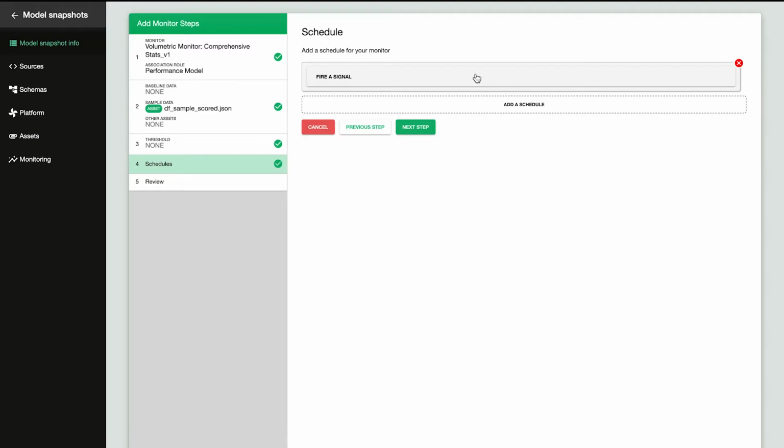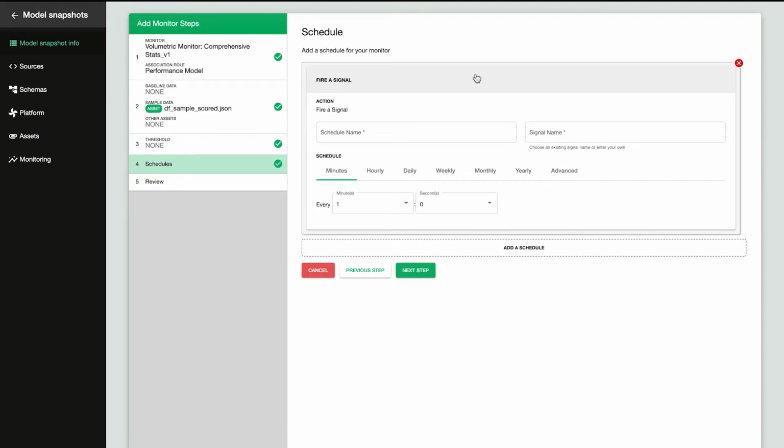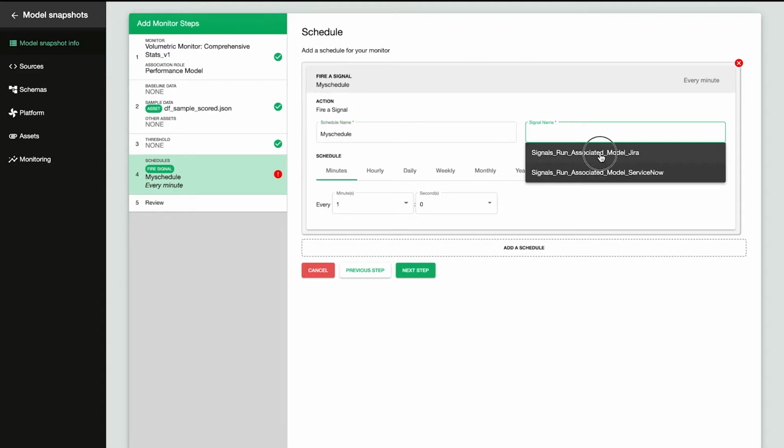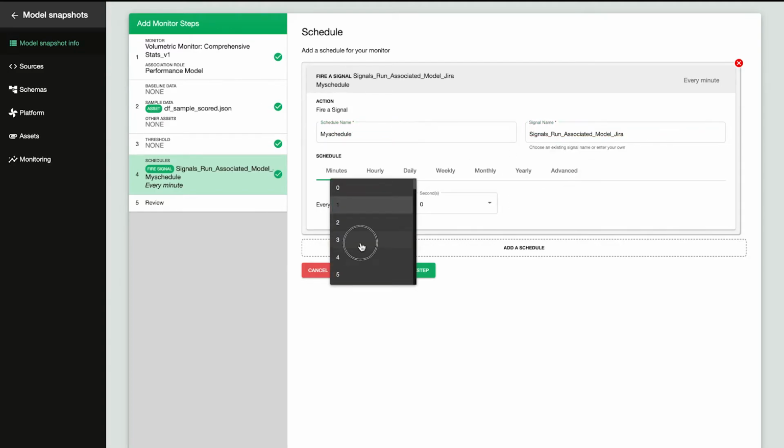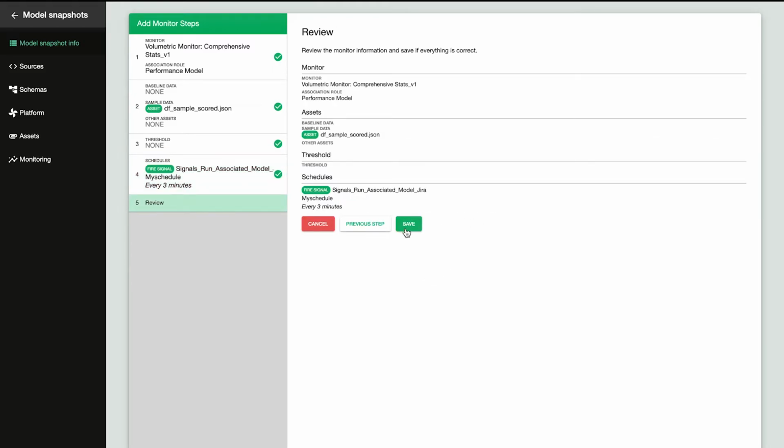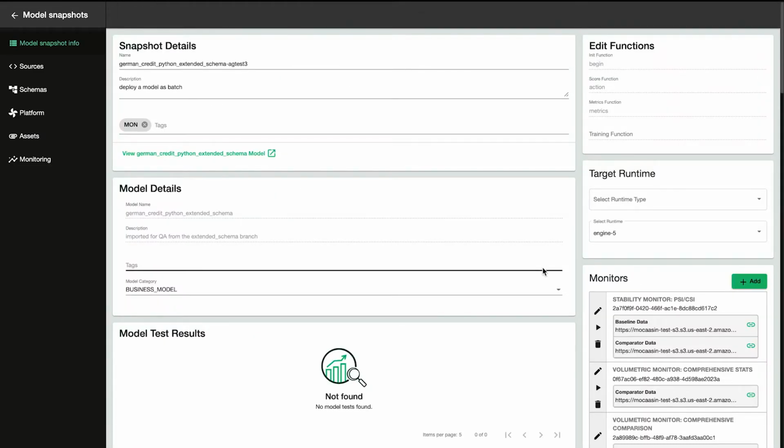In this case, I'm going to streamline it for demo's sakes and not have thresholds, but then we go ahead and set a schedule overall for this to run, and I'm going to have it run for every 3 minutes just for demo's sakes, and then you hit save, and that's it overall. Now I've already got one added in here, so I'm not going to save this, but you can see it's